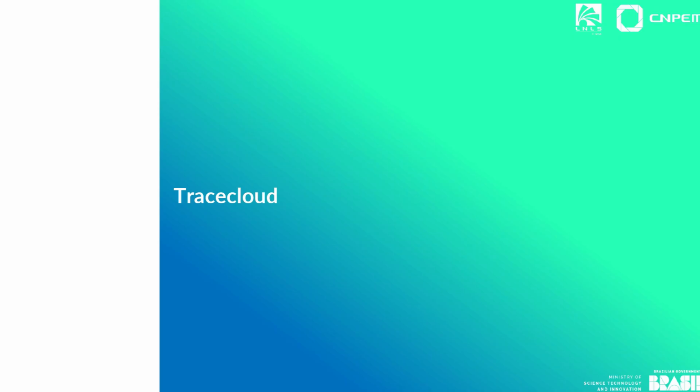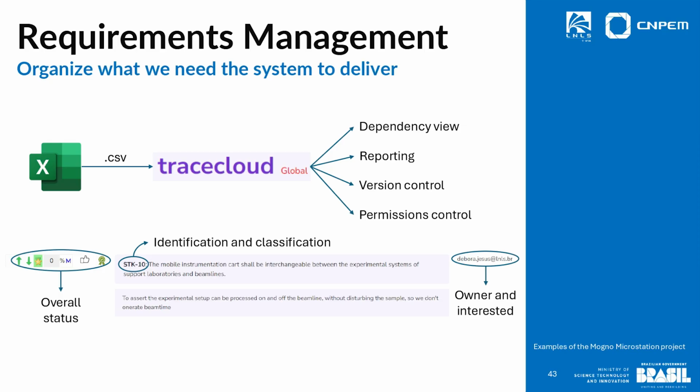After getting everything in the first look that everyone can start to understand it, we move the requirements onto Trace Cloud. Trace Cloud is a browser-based tool that we can work in collaboration and to store our requirements. In Trace Cloud, we get dependency view, we get quick generation of report, version control, permissions control, which is very